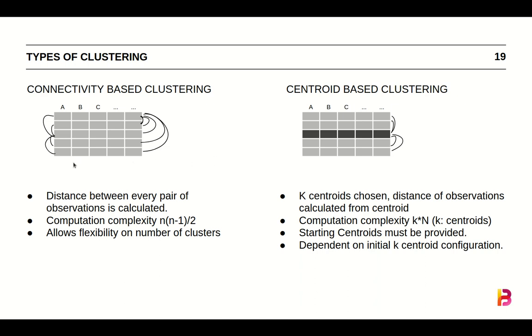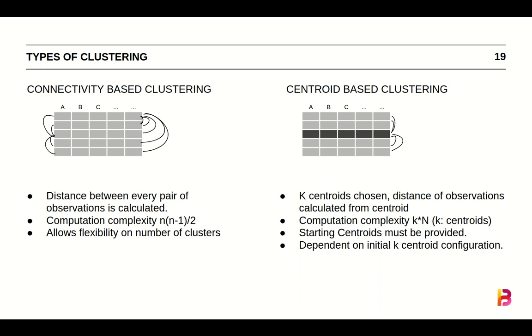But just by adding one more observation, 25 computations changes from 5 square, 25, to 36. So it grows in order of n square. That means after a threshold, even the addition of a very small number of observations vastly increases the number of calculations that